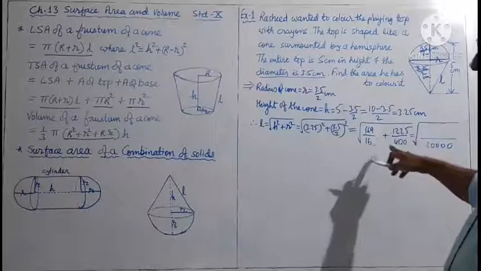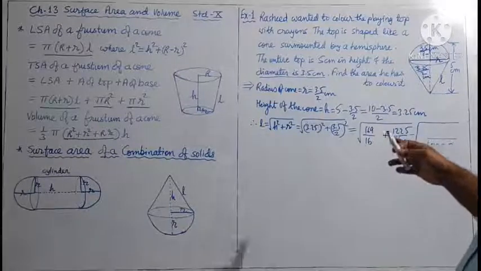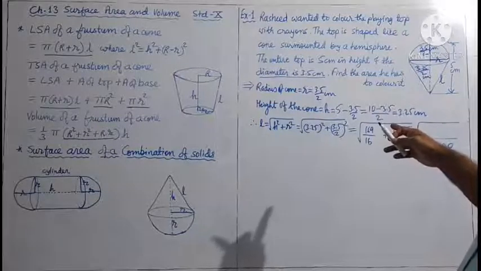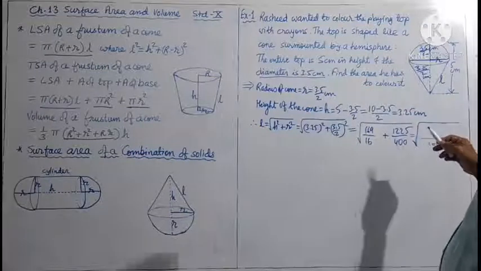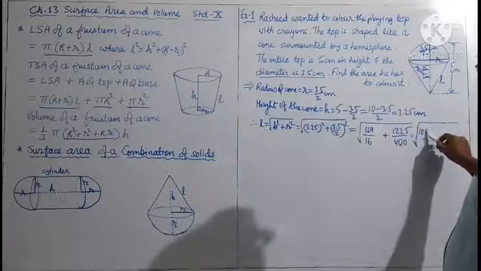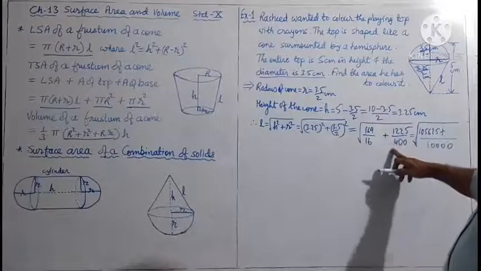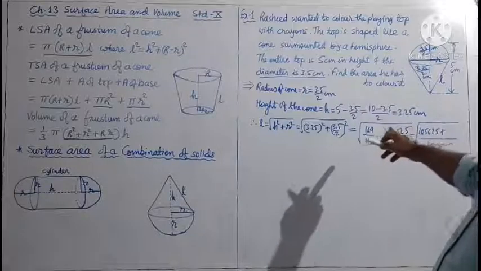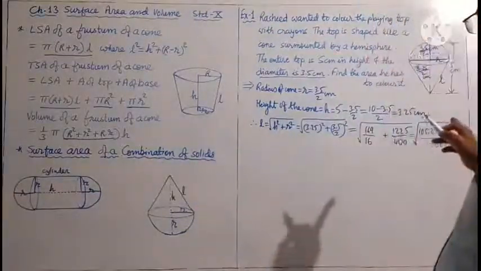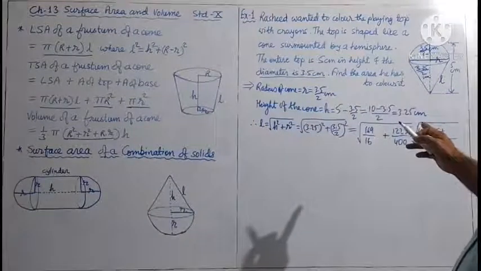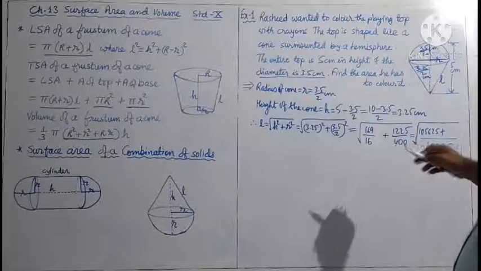So when we multiply 169 by 625, then we will get 1,05,625 over 10,000, plus when we multiply 1225 by 25, we will get